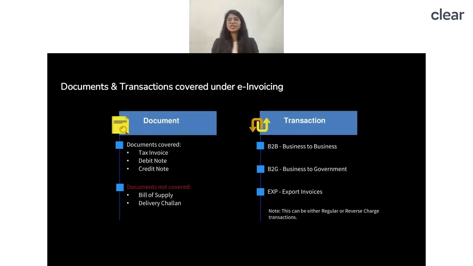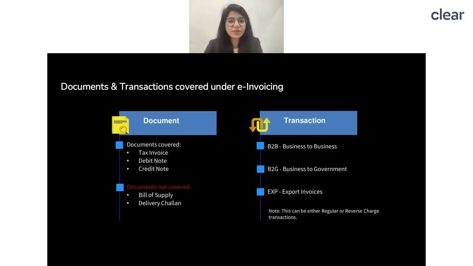I supplied the exempted goods or services to the registered person, whether I am required to generate the e-invoice number or not. I will see answers: Dhananjay says yes, Pavesh says yes, Rajesh says not required, Suril says yes, Nilanshu says yes, Shan says no, Shakti says yes. Okay, most of you are saying yes and some of you are saying no, it's not required. So if you ask me this question, I would say